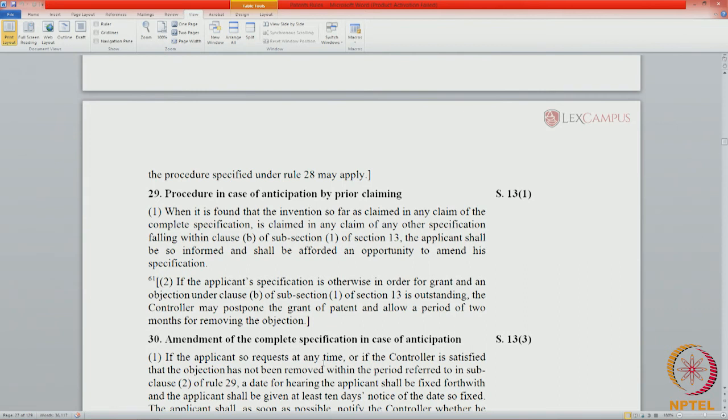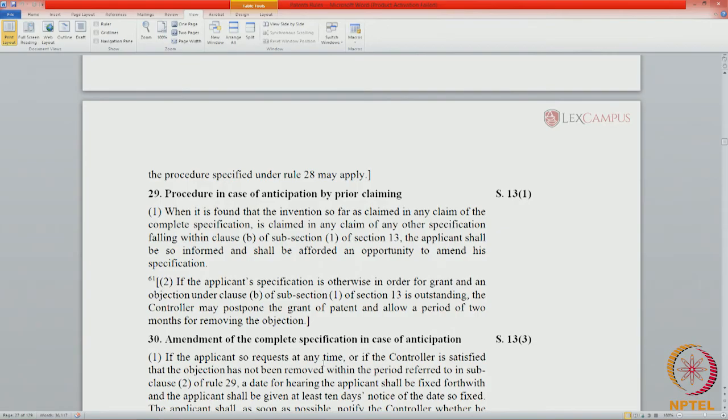It has to satisfy all the objections that could be raised, and only when it overcomes all the objections it is in order for a grant. And if an objection under clause (b) of sub-section 1 of section 13 is outstanding, the controller may postpone the grant of the patent and allow a period of 2 months for removing the objection.